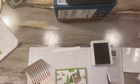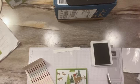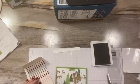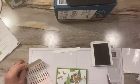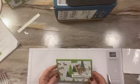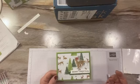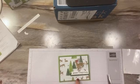And then we'll grab a couple of our fun little green gems. I like the green ones because it kind of goes with the trees. I'm just gonna do 3, I think. And that's it. Oh my gosh, how quick did that go? Can you imagine how many you could make in just a couple of hours? If you're making Christmas cards and you want to mass produce them, this is an excellent one to do that. Now this glitter paper right here